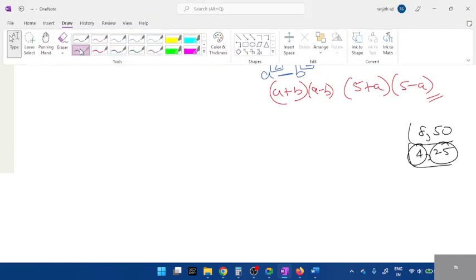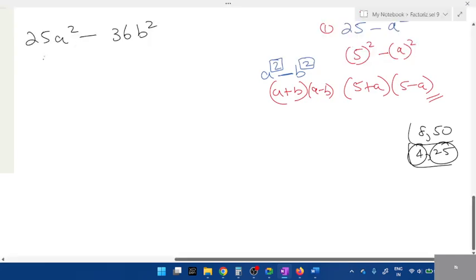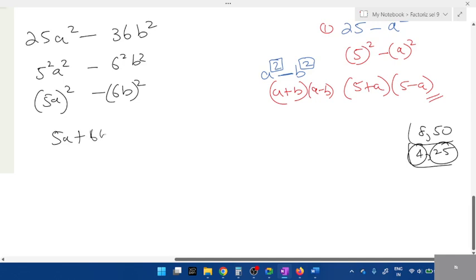Now you all tell me 25a square. How do I write 25a square when there are two values? Yes, 5 square a square. This 5 square a square, I can write it as 6 square b square, 6b the whole square. So what's the answer? Take this as a and take this as b. 5a plus 6b into,